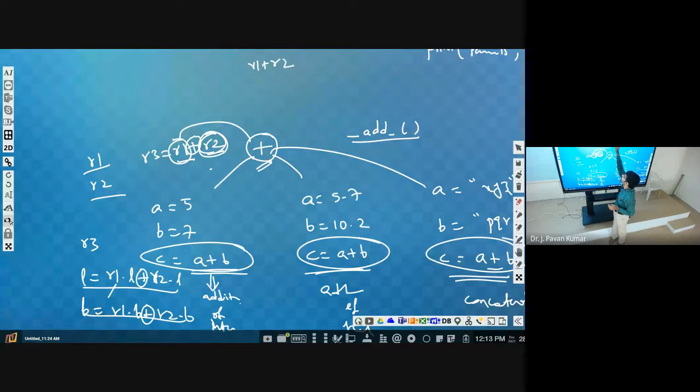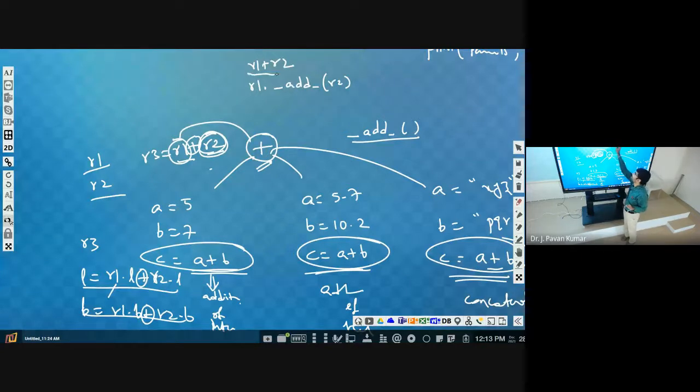R1 plus R2: just consider, instead of plus, that underscore add. Then R2 we will provide, so by using R1 we are calling R1 dot add of R2. This is the internal thing, we will not write this, it is the internal interpretation.